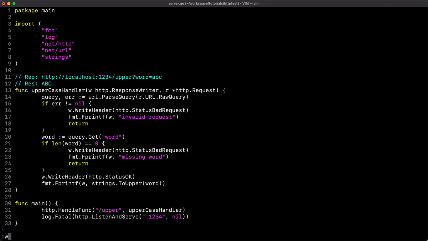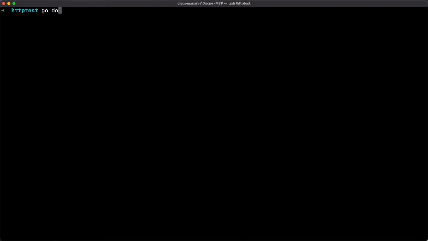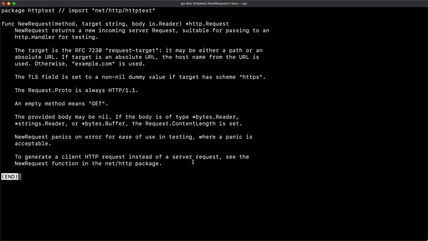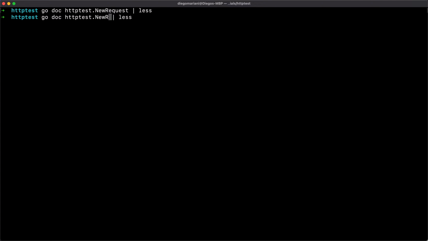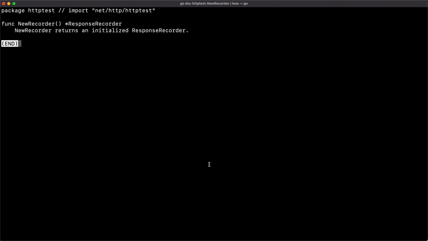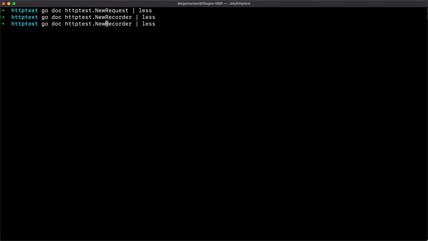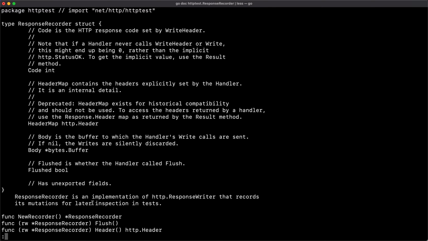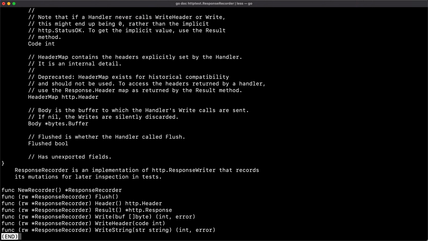And that's when the httptest package comes in handy. So the things that we are going to use now are httptest.NewRequest, for mocking and creating a fake request object. Again, you can still initialize the request yourself, but this is just a helper function. And the second one is NewRecorder. It's called NewRecorder, but it returns a ResponseRecorder, and the ResponseRecorder is an implementation of the http.ResponseWriter. So we already have everything we need.